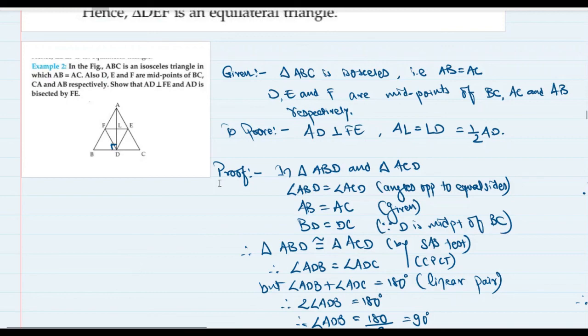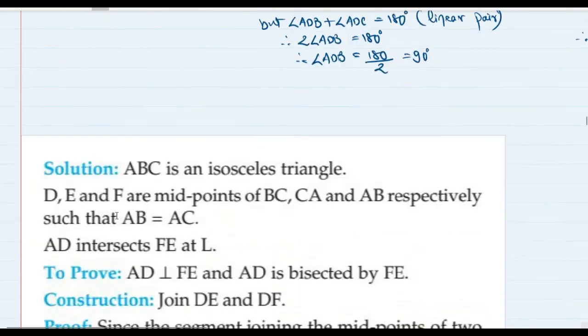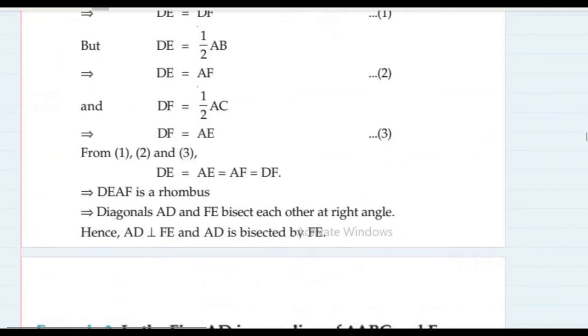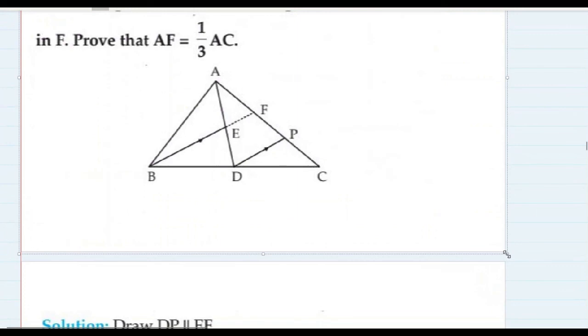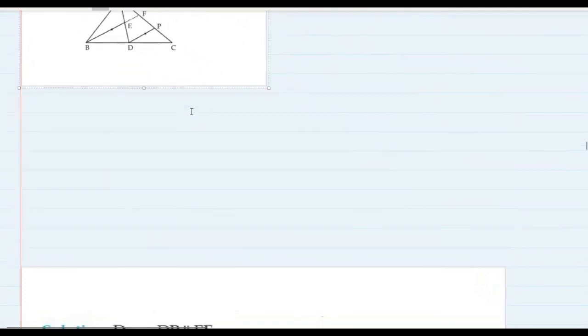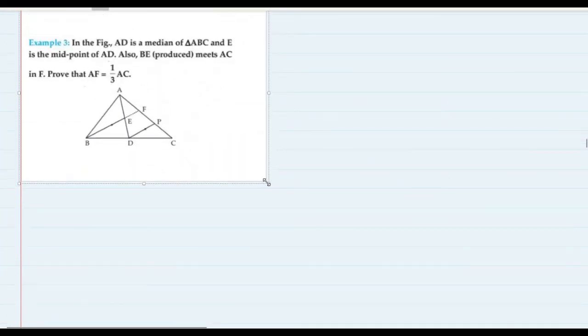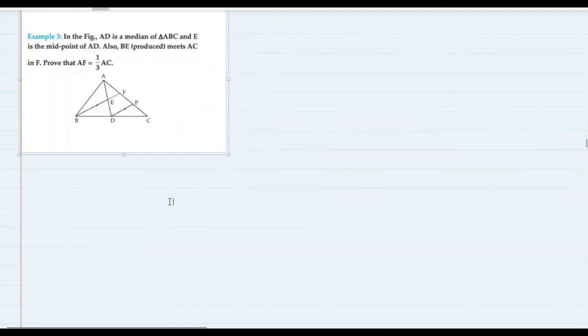There are so many common things between them that you cannot treat them separately, where you know one, so you have to study the other from scratch. No, it's not like that. If you know one topic, that is, if you know congruency well, then you can figure out quadrilaterals. If you know the midpoint theorem, then your knowledge of quadrilaterals and congruency is much more enhanced, right? So these are all connected topics.